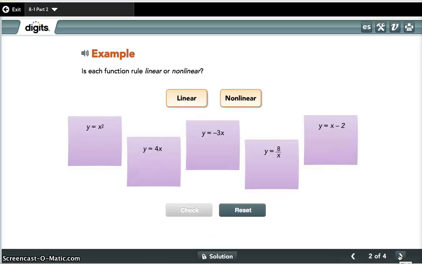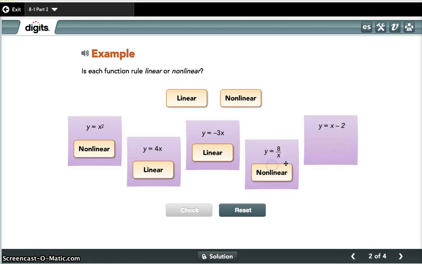So we need to determine if each rule is linear or nonlinear. So I'm going to start here. I notice that the x is squared, so I automatically know that it's nonlinear. Here the x is not squared and it's not being divided, so that's linear. Doesn't matter that this is negative, as long as there's no exponent here, that's going to be linear. Here we're dividing by x, so as soon as we see we're dividing by x, we know it's nonlinear. And here there's nothing going on, no absolute value, no exponents, so we know that that's going to be linear